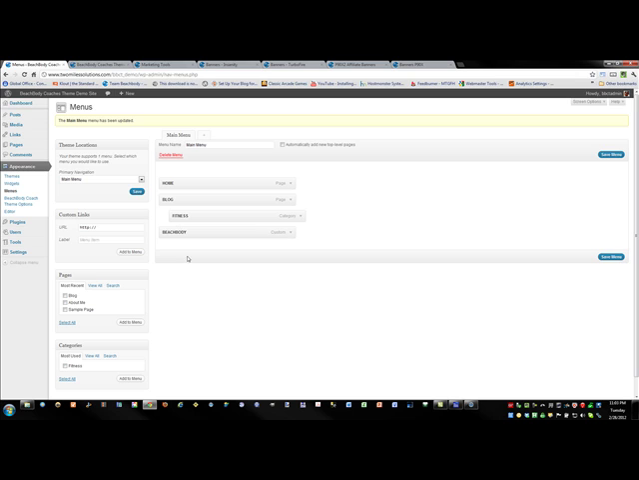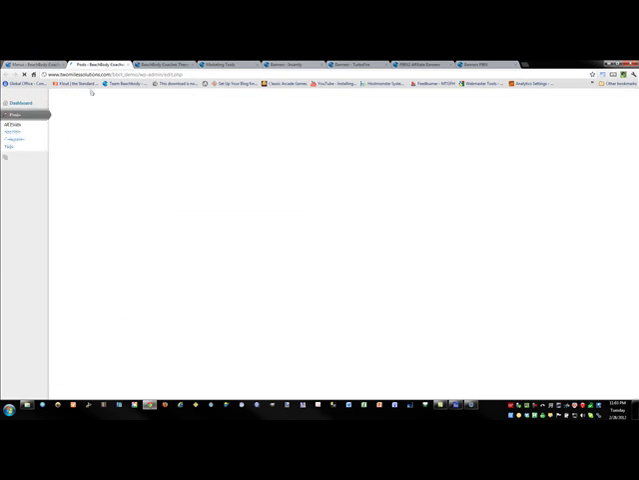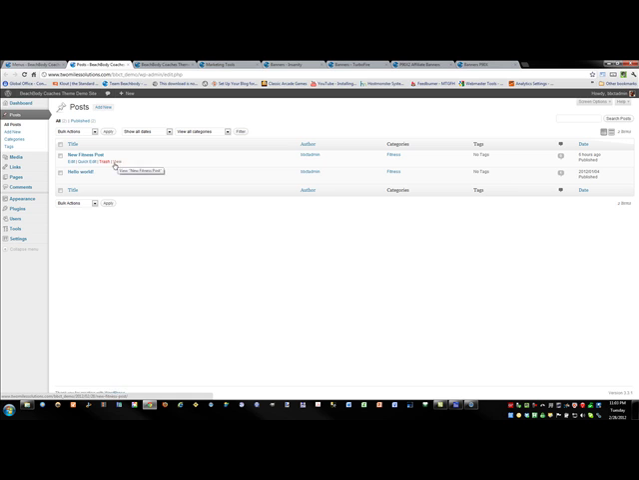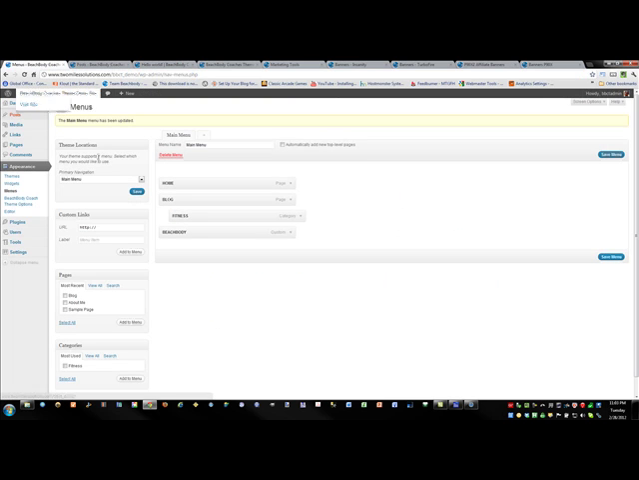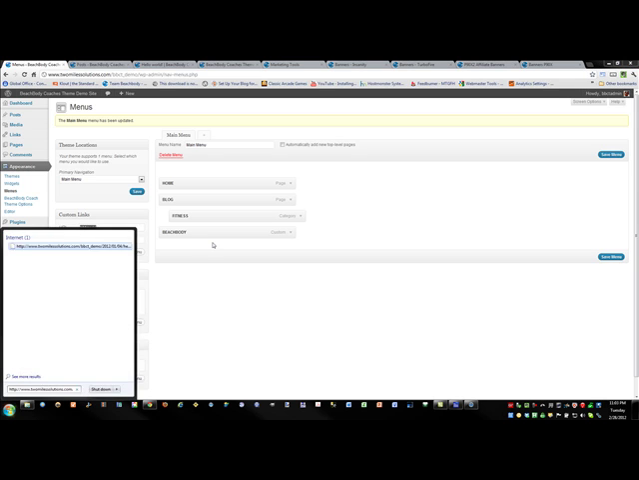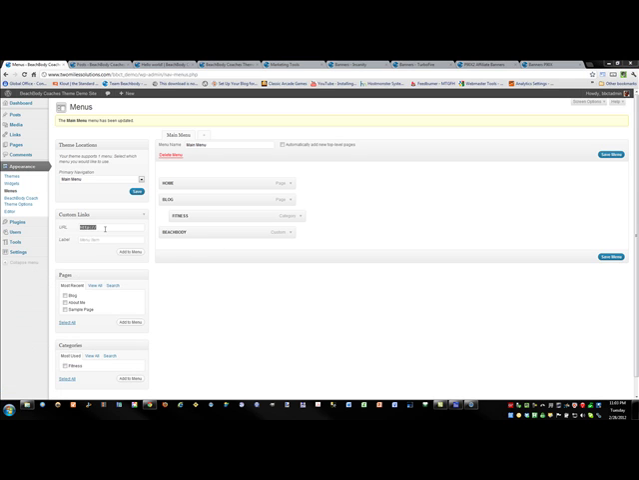You can reorganize, you can add as many custom links as you want, like let's say you want to link to a specific blog entry. So I'm going to go over here and open up a new tab, and I'm going to go into the Hello World one, and I'm going to grab the URL for this real quick. And let's say I wanted to add that as a custom menu option here. And I'm just going to say,